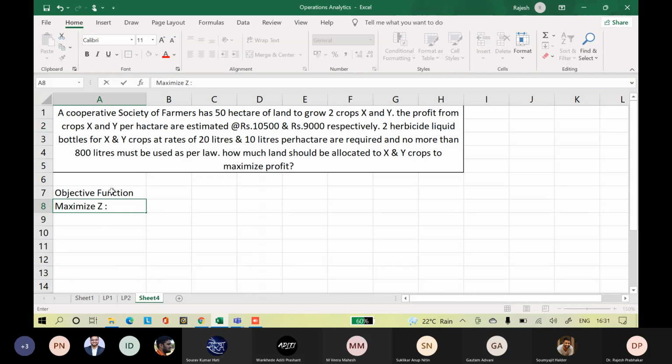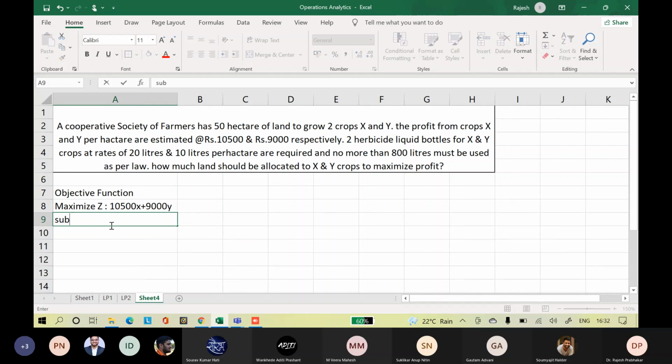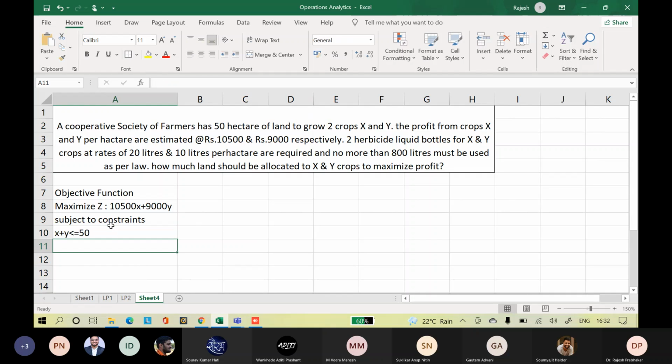Can anybody tell me? 10,500X plus 9,000Y. This is our objective function. Subject to constraints. What are the constraints? X plus Y less than equal to 50. The constraint on land, right?